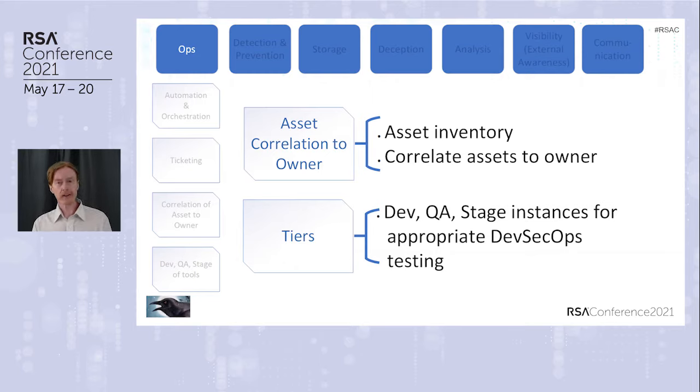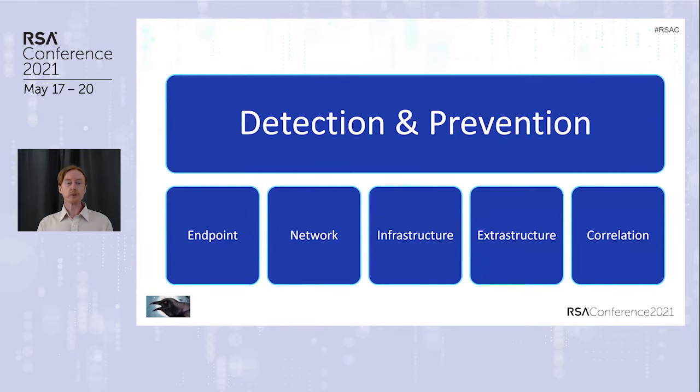And since we're talking about operations, part of the stance that I hold about Security Operations Center is that you should have at least as good of a DevSecOps process for your own tools as the IT teams who you're intended to protect. Otherwise, if you can't keep up with them in that regard, you are going to risk not being able to defend those information systems. So you're probably going to need tiers across all of these important systems in order to be able to test before you push things to production.